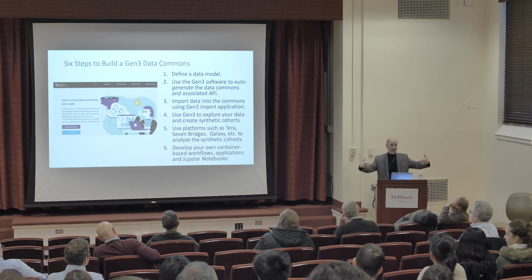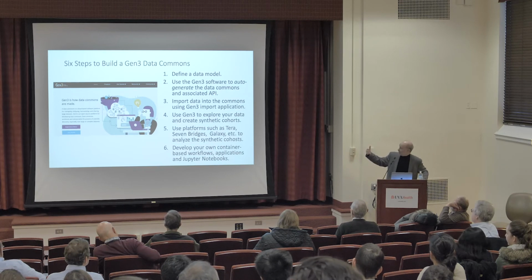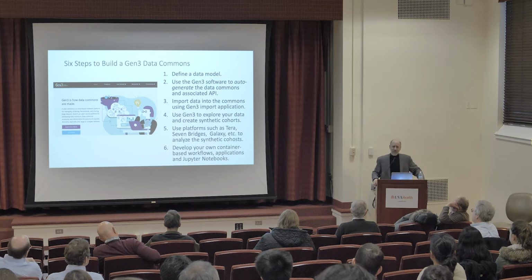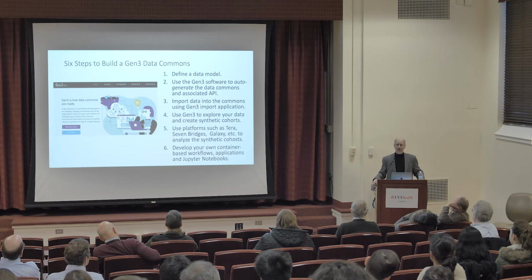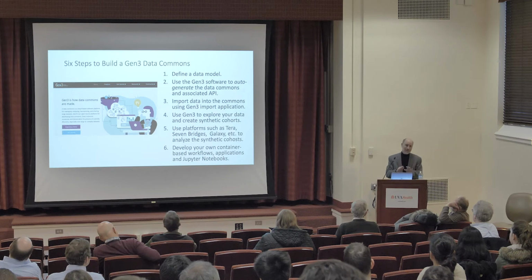It comes up with security and compliance. And so the first step was you build the data model, then you auto-generate the commons, then you import data. Now, again, to import the data, you have to arrange the data according to the data model. So people said, I really don't want a data model. I just have this random collection of files. Can you put it into a commons? And I'll get back to that, but this assumes you can submit the data,